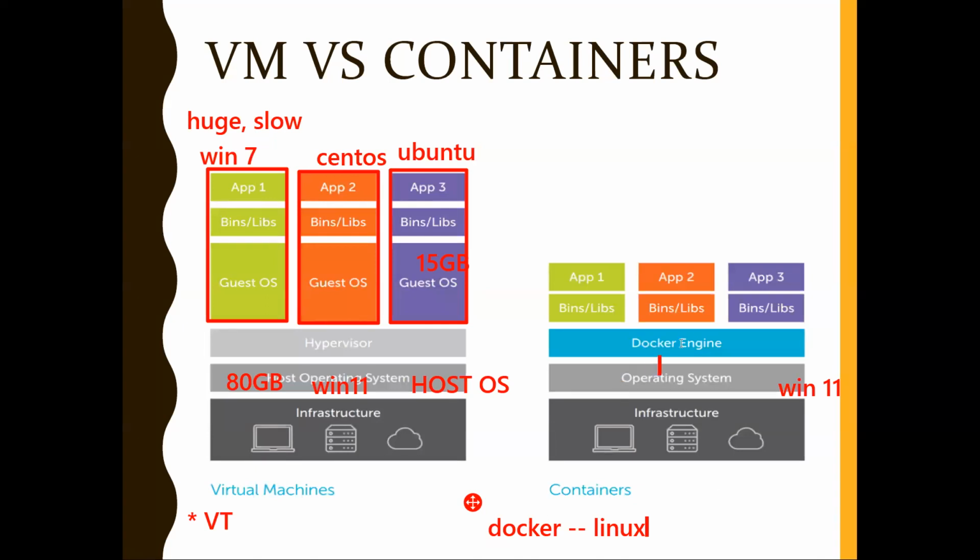So let's suppose I install Docker here, which is called the Docker engine or Docker daemon, whatever you call it. You have to start this Docker engine. Then you can launch your containers here. This is container one, second container, third container. What is a container having? It has the application and the dependencies. That's it. Nothing more, nothing else.